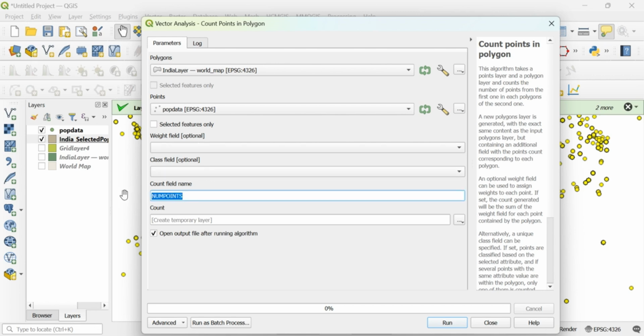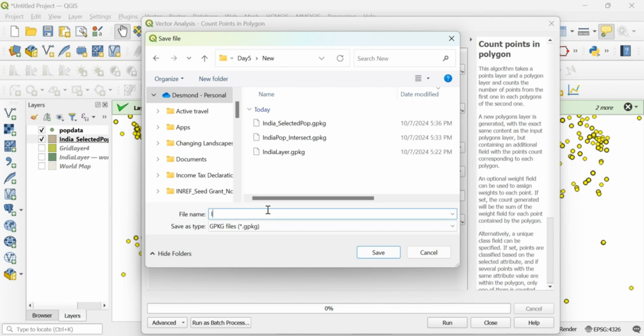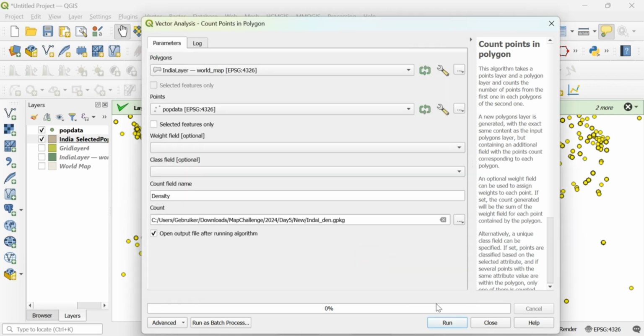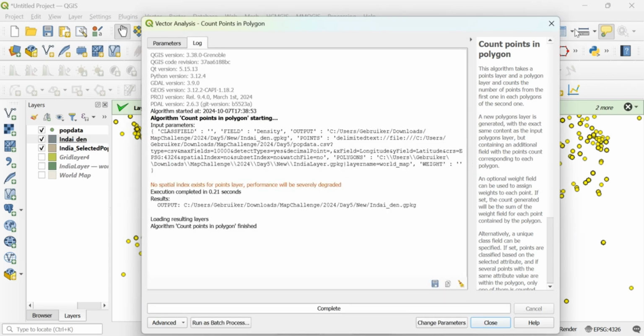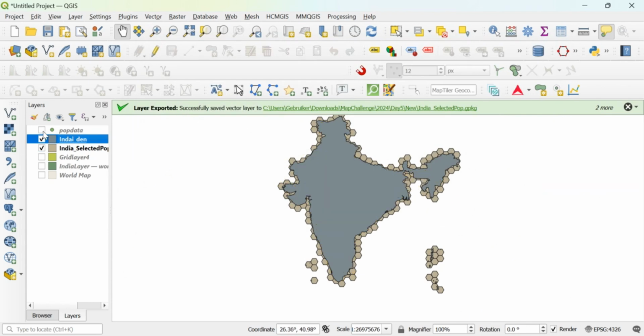We will leave this as it is, and then this also you can leave it, or you can just name it as density, or even I would like to also save it to file, and then we call it India density. We will run this, and with this one